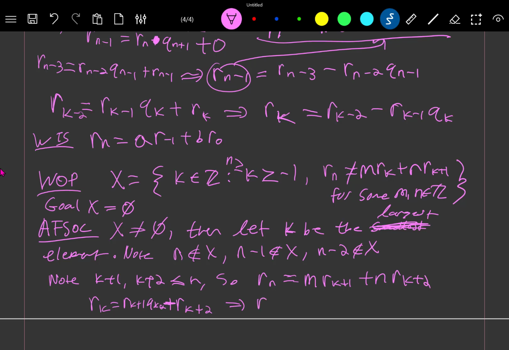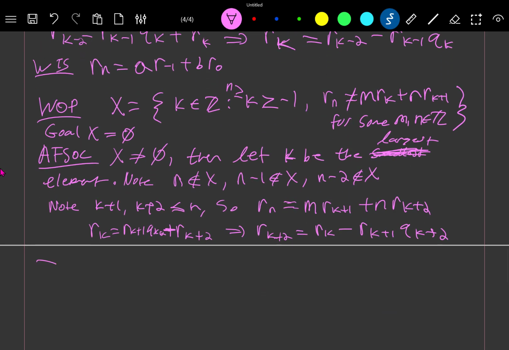So R sub k plus 2 is equal to R sub k minus R sub k plus 1 times Q sub k plus 2. And if we plug this in here, this tells us that R sub n is